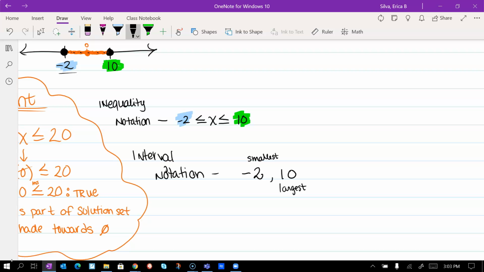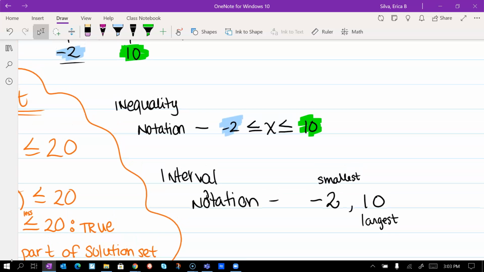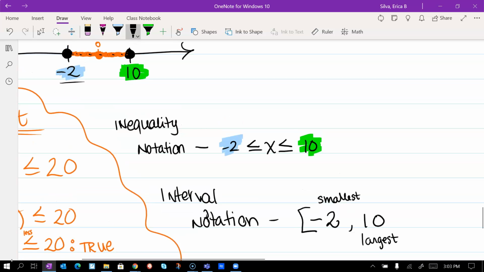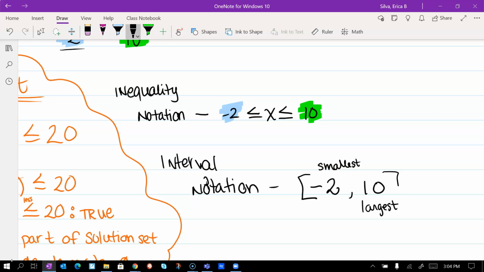And because these are closed circles, are we going to use brackets or parentheses? When they're closed, what do we use? Go back to your notes. We wrote it down. We're going to use brackets. So because -2 has a closed circle, we use brackets. 10 also has a closed circle, so we use brackets there as well. Any questions? There's one more